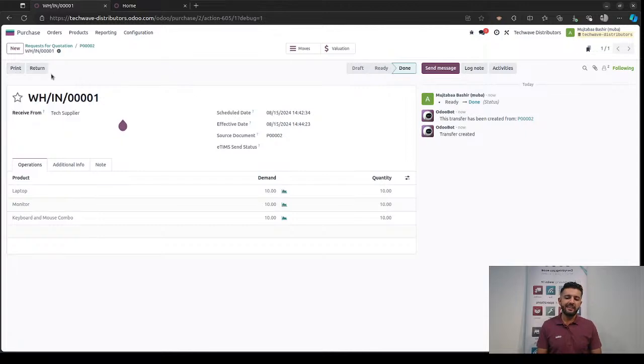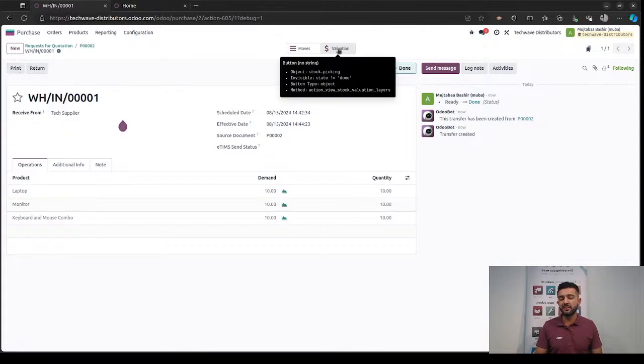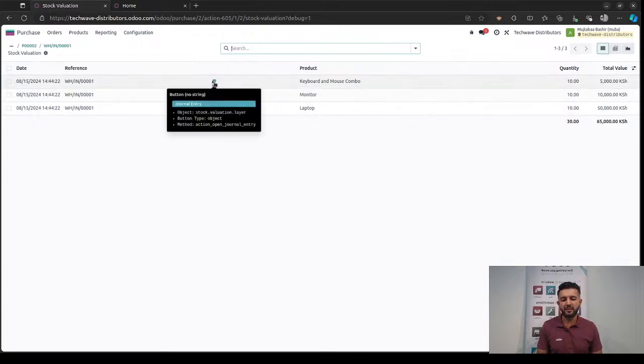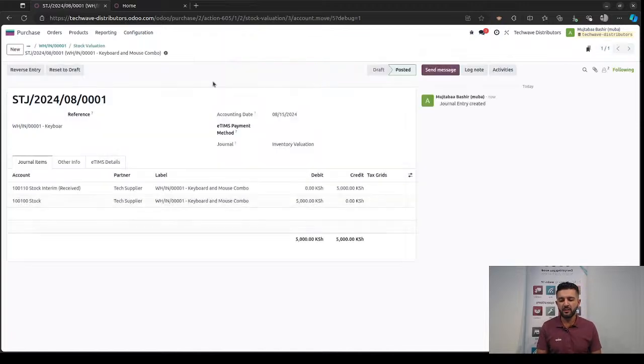Now, once I validated this, we see that we have a valuation button indicating that we have some automated entries which have been created in the background. Okay, so I'm going to take into perspective one entry because the rest usually are the same. So I'm going to open it directly from here. And we can see that we have a stock interim received account which has been credited and the stock account has been debited. So that means that our stock value has increased and the interim account has been